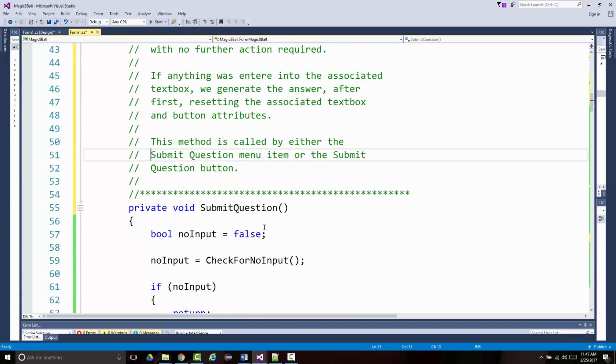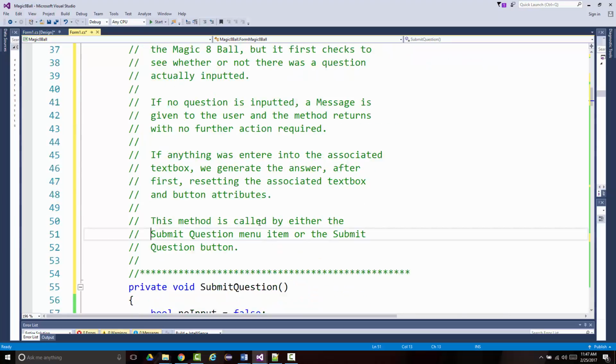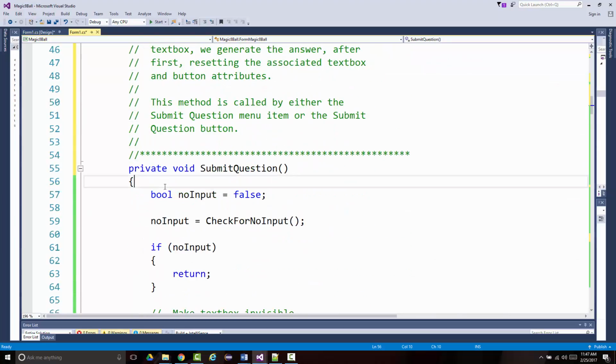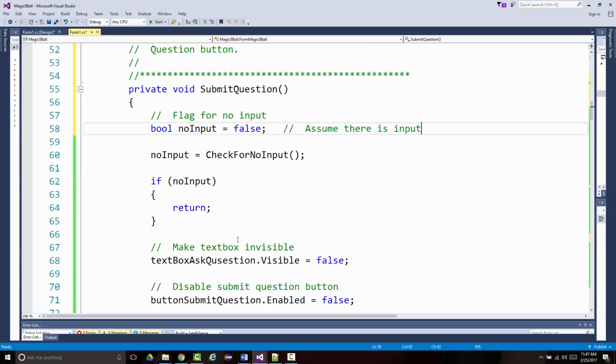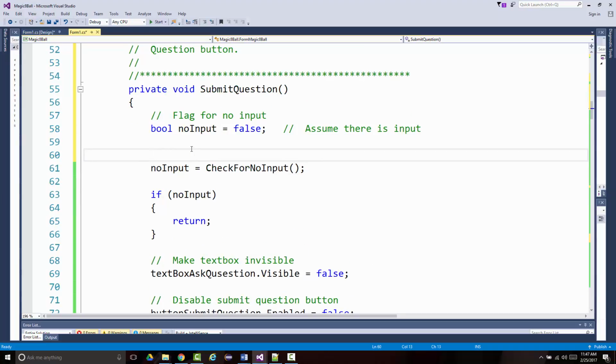Okay? Again, that's plenty, I think at least, of documentation there. So I'm going to call this a flag, and a flag means it's basically something set to yes or no, true or false, on or off, 1 or 0, whatever. Flag for no input. And we set that to false. We assume there is input. All right, but then we call this routine